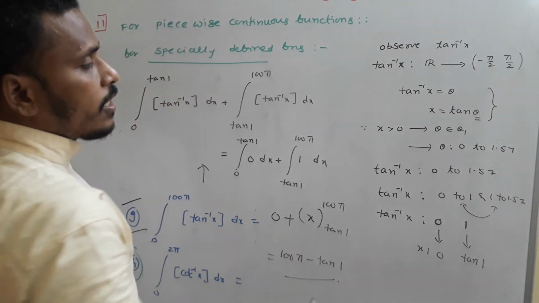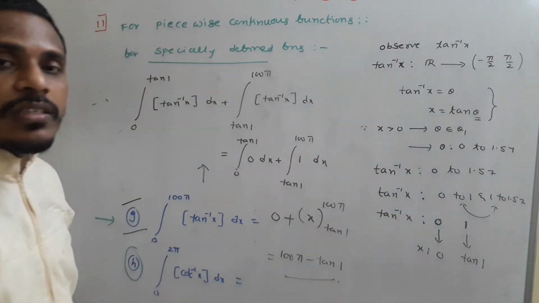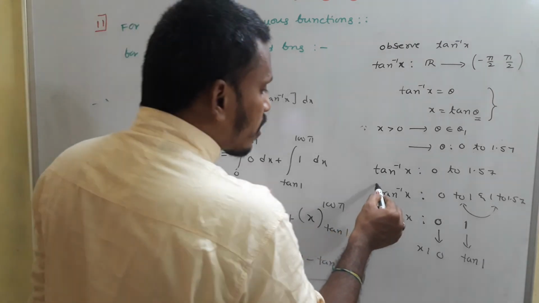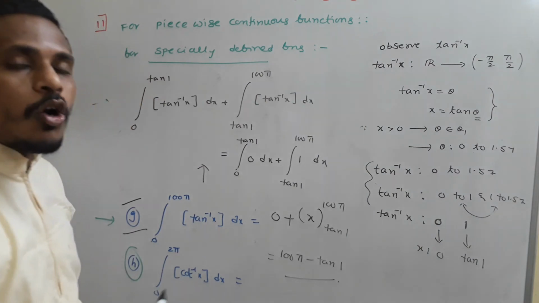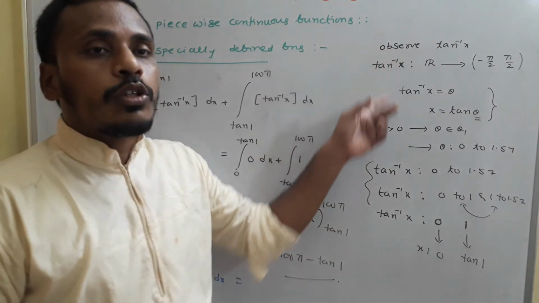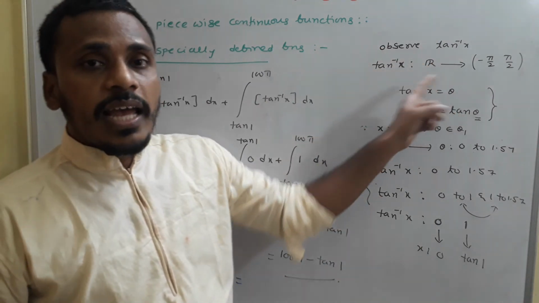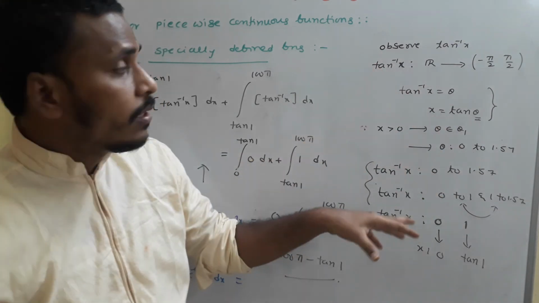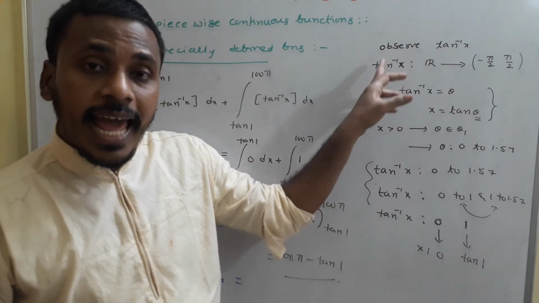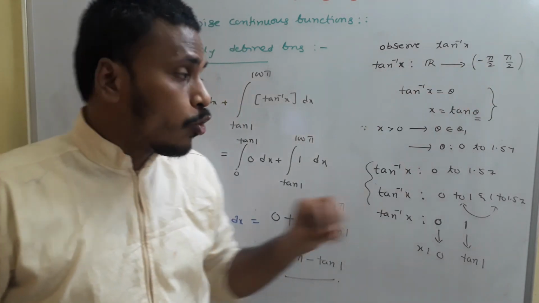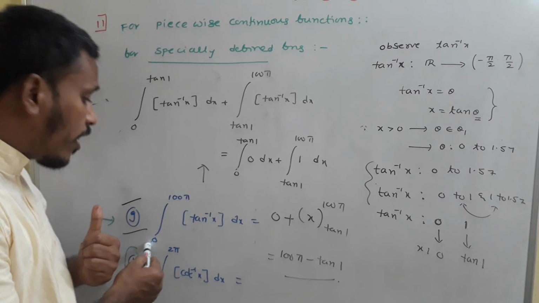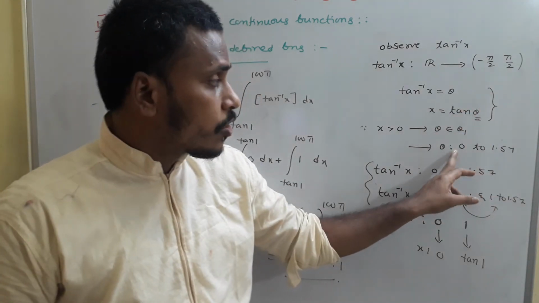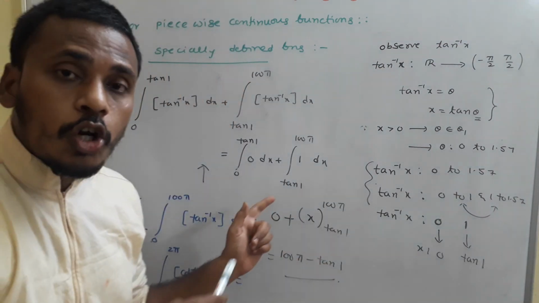This is all simply analysis of tan inverse x. If we know tan inverse x well, these two steps are very easy, but I did this whole discussion to remind you. If tan inverse x is theta, then x is tan theta. Here x is a real number and tan inverse x is an angle. x takes all real values, and tan inverse x is in between minus pi by 2 to pi by 2. Since x is given as positive, theta is in between 0 to pi by 2, the first quadrant, that means 0 to 1.57.